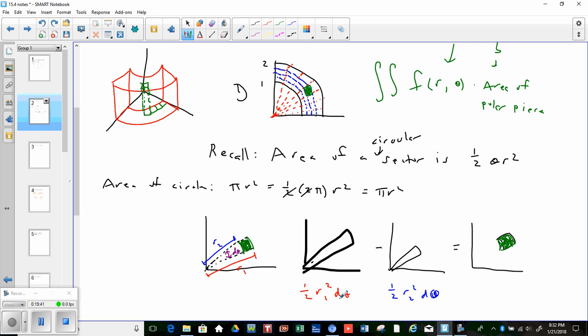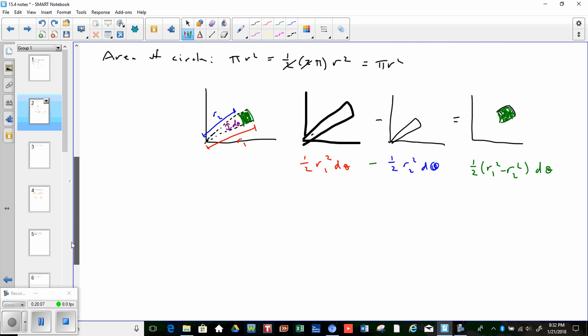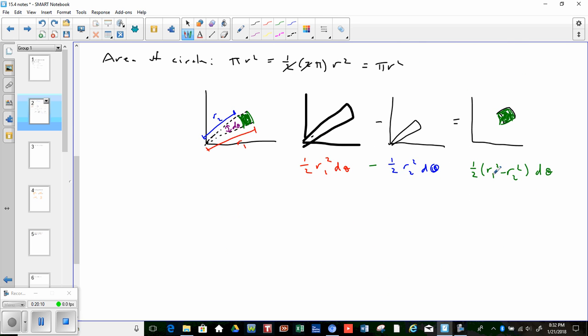And so what that's going to be, if I take this and subtract this, I've got a 1/2 in common, I've got a d theta in common, I can factor those out. So I've got a 1/2, and then d theta can be factored out. Then I've got r1 squared minus r2 squared. All right, and so how are we going to deal with all this? Well, let's write this here, 1/2 r1 squared minus r2 squared d theta